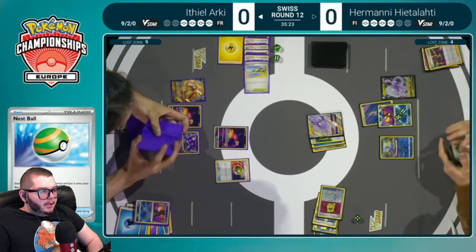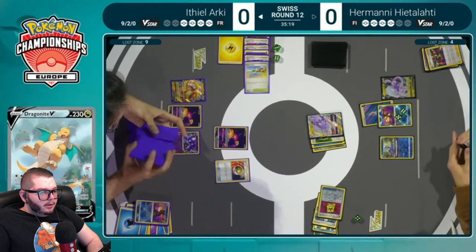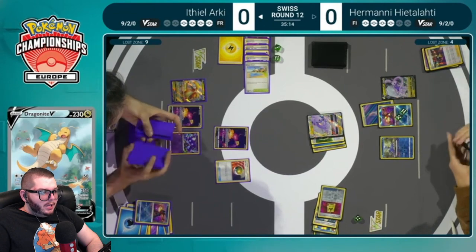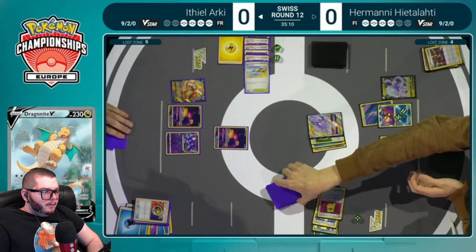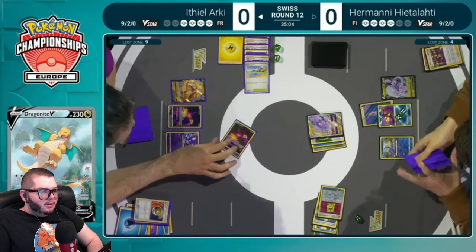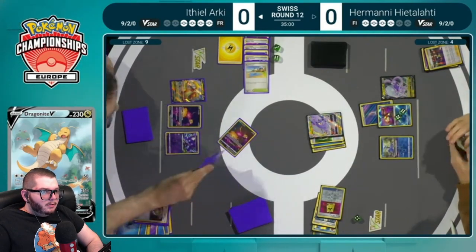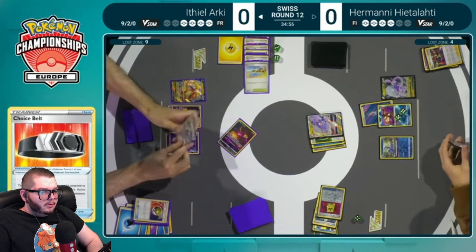That would give Hermione the perfect opportunity to use the Radiant Greninja on this next turn, but... or even attack into the Dragonite with the Cramorant. Yeah, you could use your V-Star power and then attack with Cramorant, and then on the next turn attack with Goodra again to knock out the Dragonite. So, I don't know, maybe